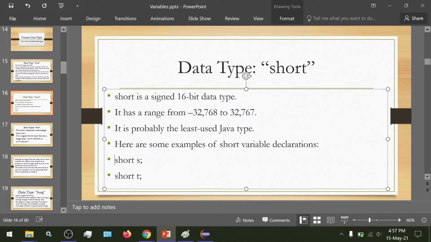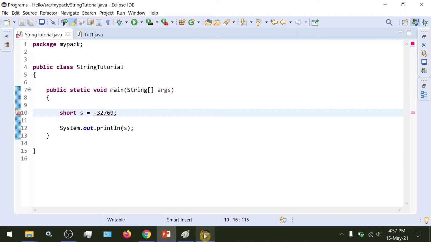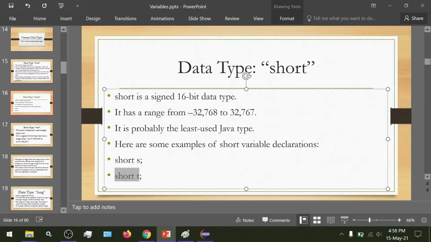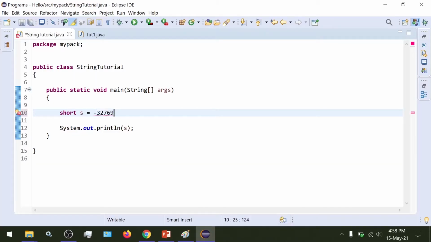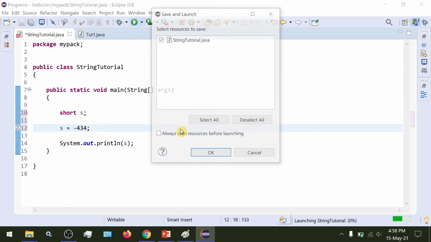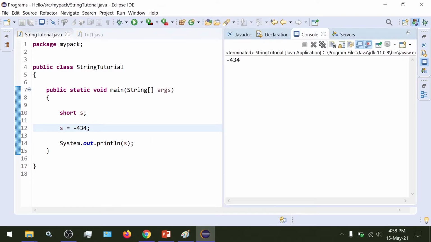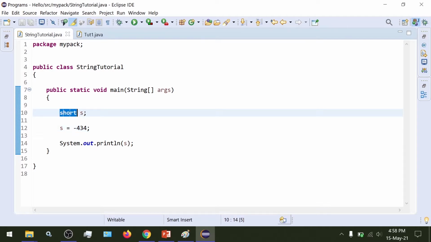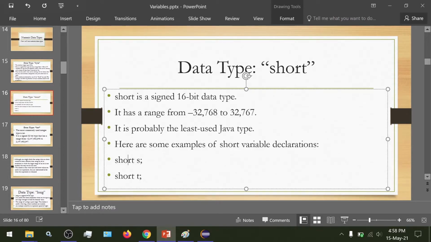So we can declare variables in this fashion. Just as we saw here, we can declare the variable and assign value to it directly, or we can declare the variable like this and assign value to it later. So if I want to assign value later, I would say s, and then assign value to s like this. So this is perfectly valid. So we can either declare using the earlier specified format or this format. Either one works. So I hope the type short is understood.